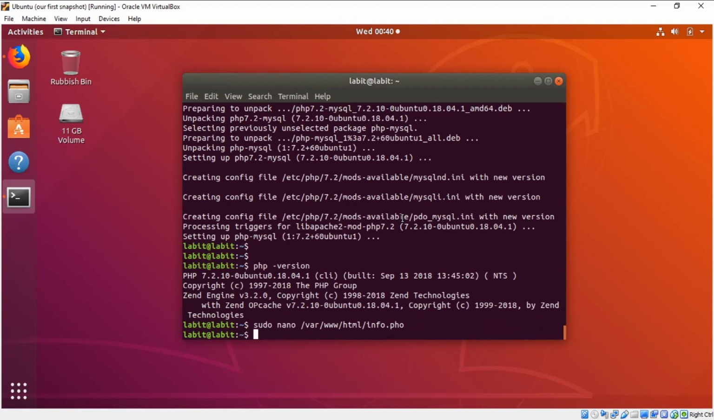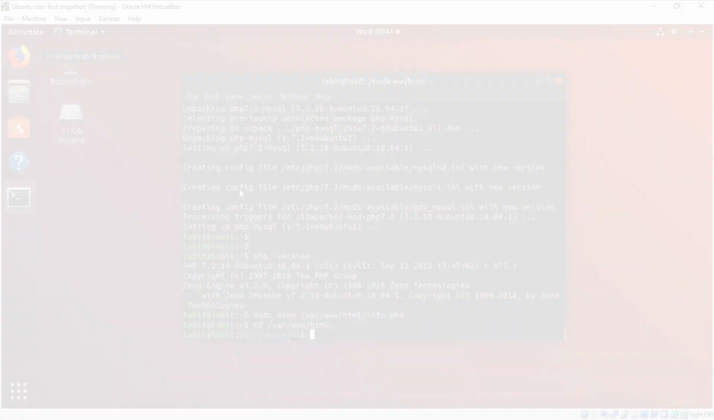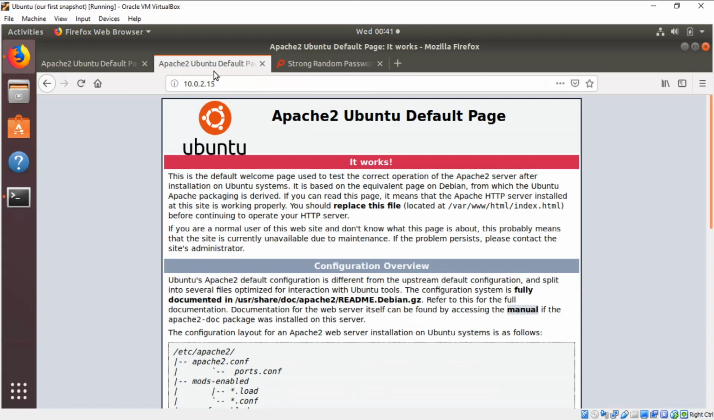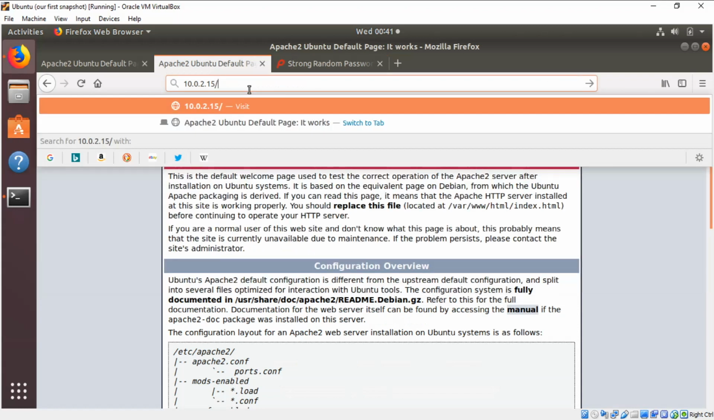Say yes, I want to save the file. If we go into /var/www/html, by the way, /var/www/html is the home folder for your web server. So you'll put your index.html or your home.html file there. Now we can go back to the browser and type in the IP address of the machine,